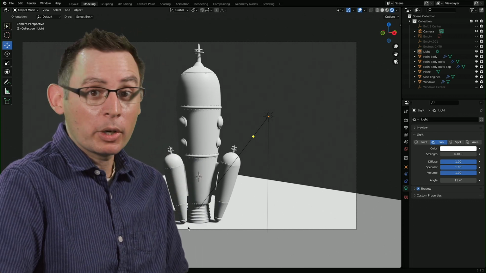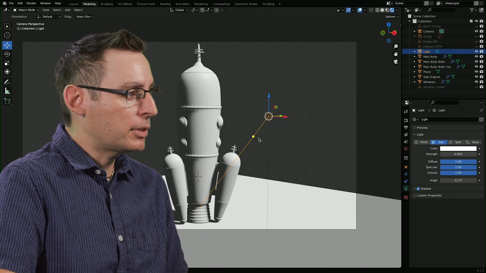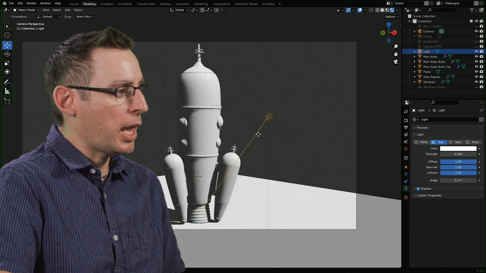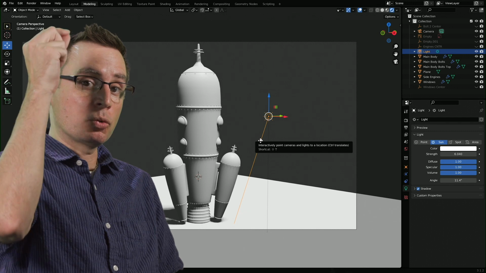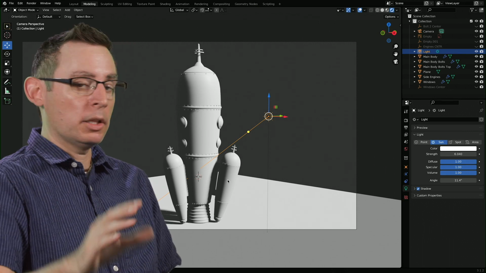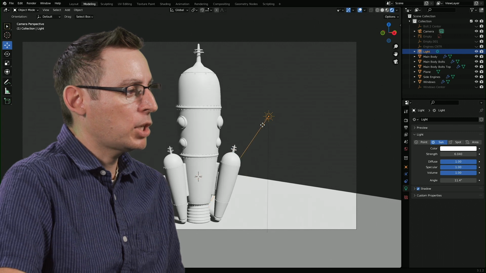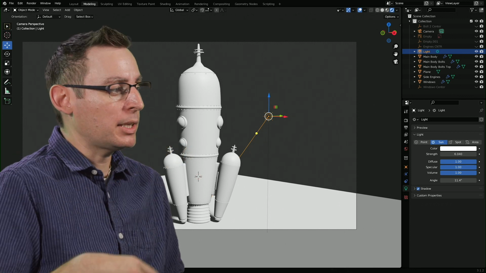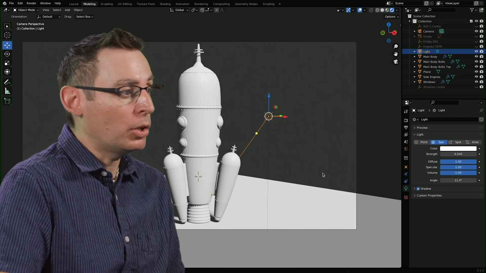Now you can see why I didn't worry too much about that ground plane, because the moment we changed that point light to the sunlight, I had this ability to change the angle. This little yellow dot here will allow us to change the angle of the sun inside the scene. Of course, a real small shadow like that suggests that the light is right above our rocket. A real long shadow suggests that the light is at the horizon line. So this is your artistic understanding and interpretation of what you want your shadow to be. I think I want to have mine something like that. Having a shadow go towards the back of the scene is a little bit more pleasing. It puts the focus clearly on the rocket ship itself, and it's starting to look a little bit nicer.